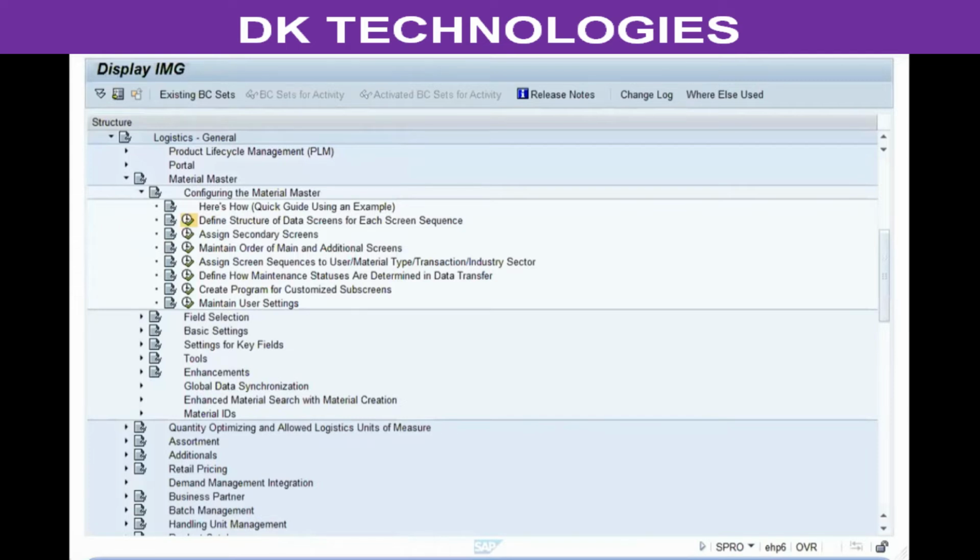And once the screen sequence list is displayed, select the relevant view, open the data screens, and go to the subscreens.